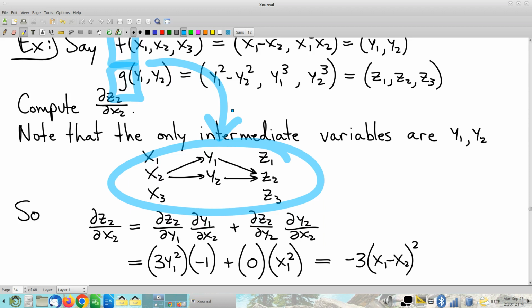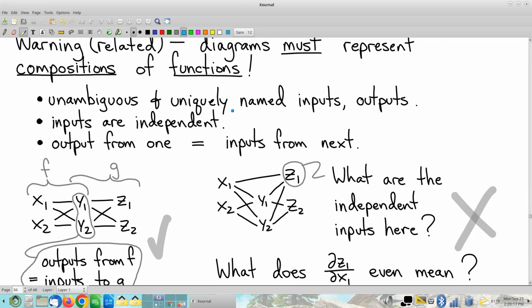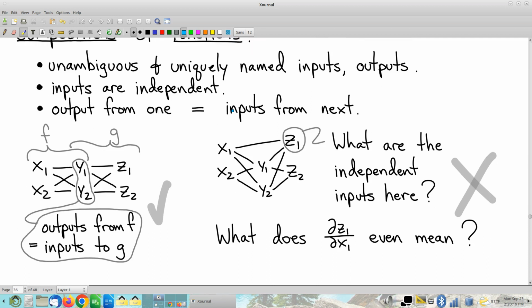And again, sometimes that just doesn't work. So here we have a good example and a bad example. Here's a diagram that actually is a composition of two functions, and you can see them. You can see that there's this function f, where the x's are the inputs and the y's are the outputs, and that's being composed with this function g,